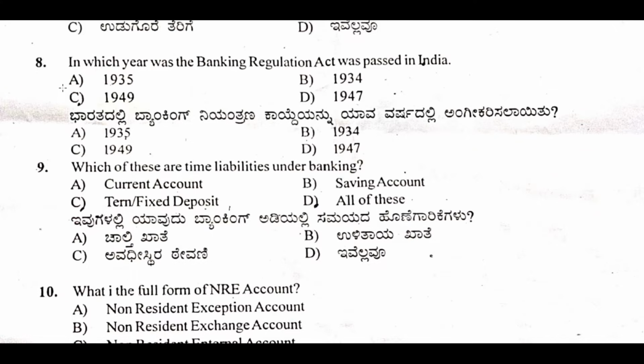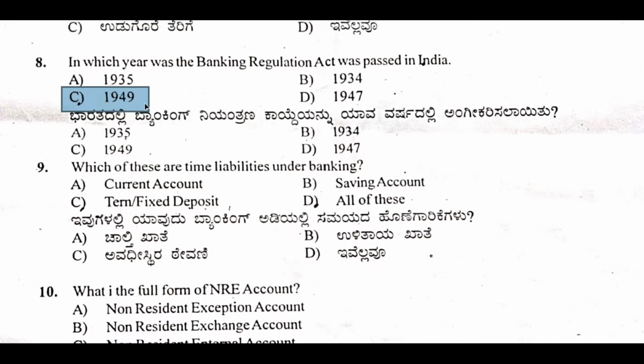1949 is a legislation in India that regulates all banking firms in India. It was passed as the Banking Companies Act 1949, and it came into force from 16 March 1949, and changed to the Banking Regulation Act from 1st March 1966. So the right option is 1949, option C.